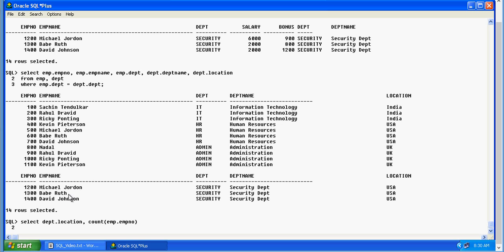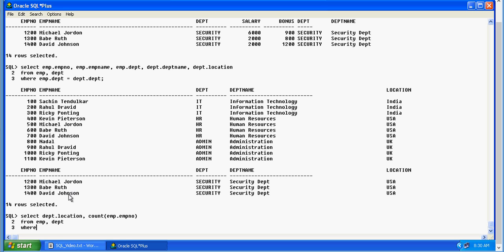Please remember guys that the location is present in the department table, but the count we are doing is from the EMP table of employee numbers, and that is why we need to have a connection, otherwise this query is not going to work. So in order for the connection, we have to select both tables from, and you have to have the where clause for a joining criteria.